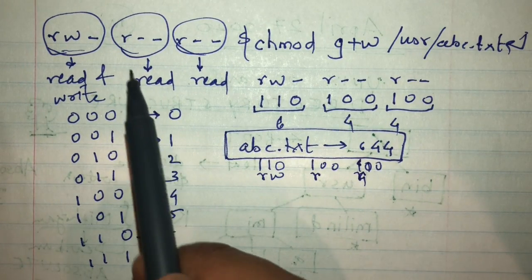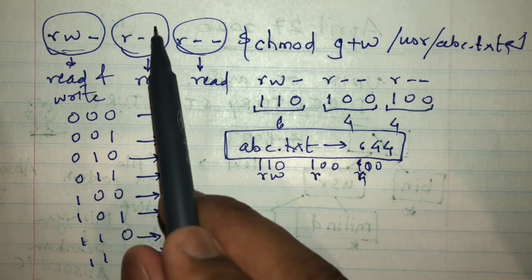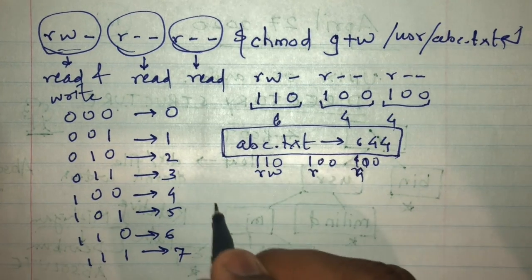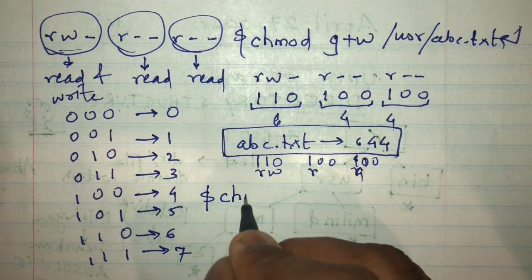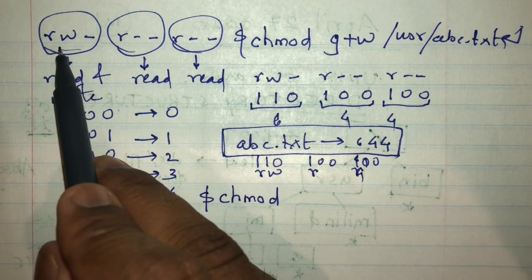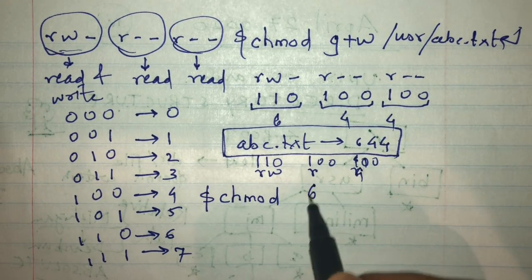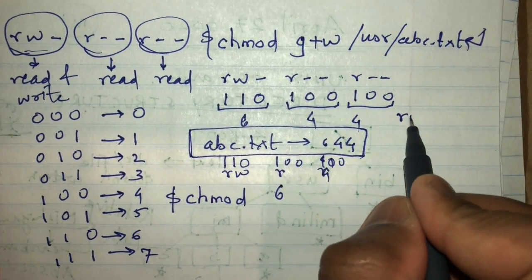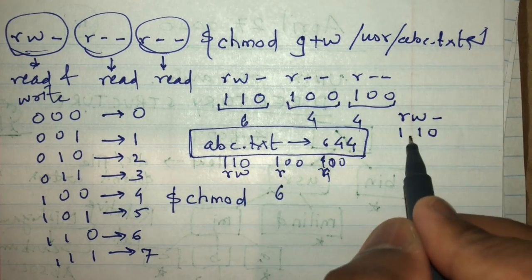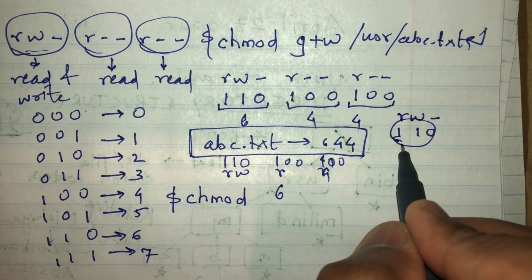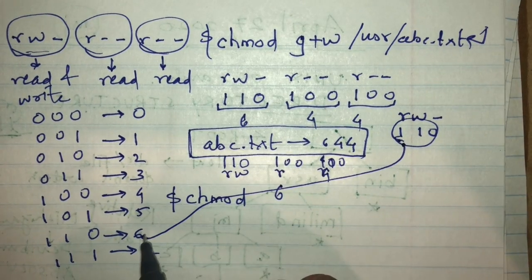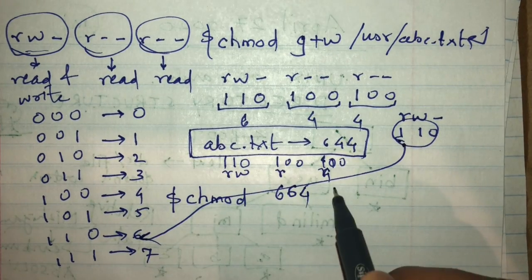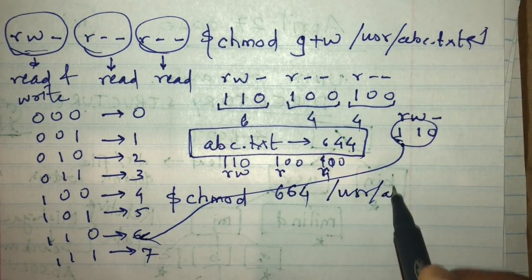So if I want to change this permission to rw hyphen, what I will do is I will write the command chmod. So I want to keep it as is, so this will be 6. I want to change this to rw hyphen, so rw hyphen will be 110. 110 is, you see here, right, 6. So this will be 6, and I will keep this as is, which is 4, and I will say usr